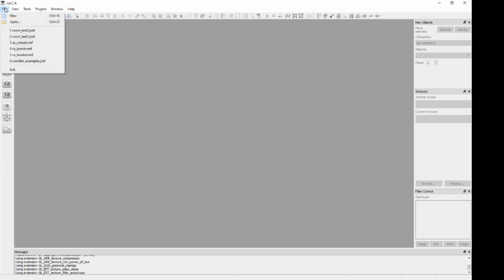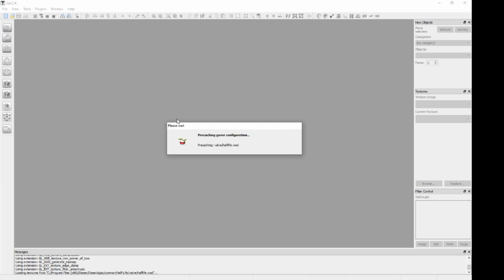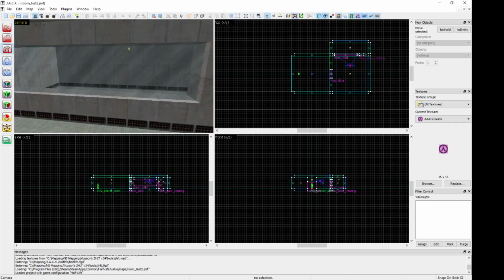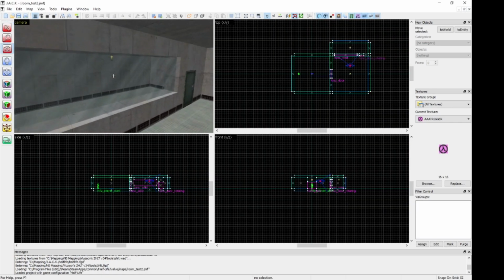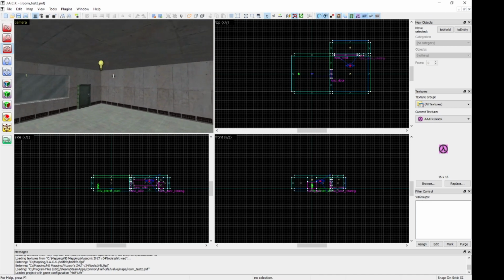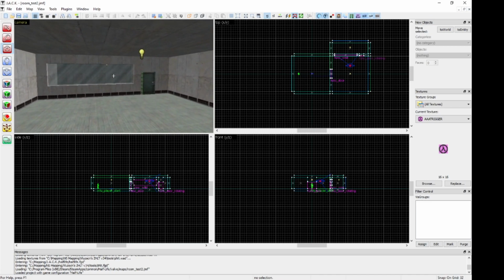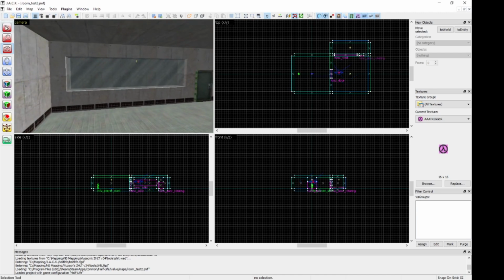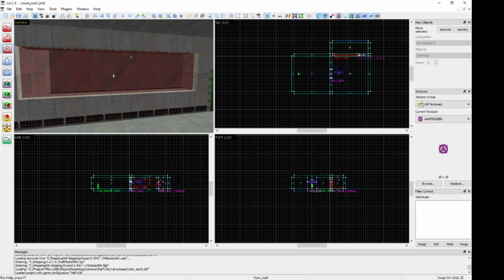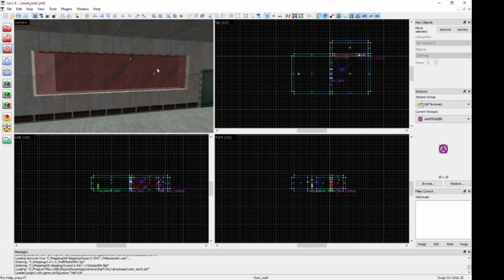Hey everybody, so with this video we're just going to load up the level we've been working on. Here we are, so we've got the window here. Today in this one we're going to play around with ladders, and I'm also going to show you a little bit more with the transparent textures, because in the previous video, when we did the glass here, this was a very specific way of getting transparency,